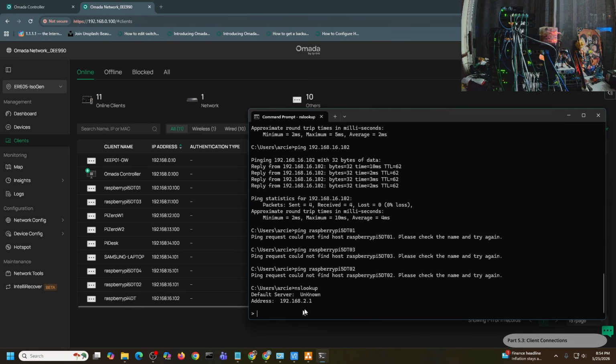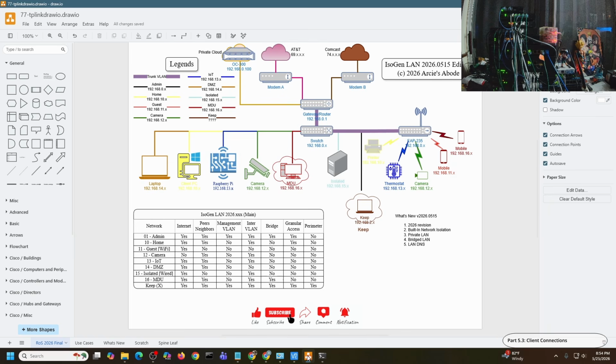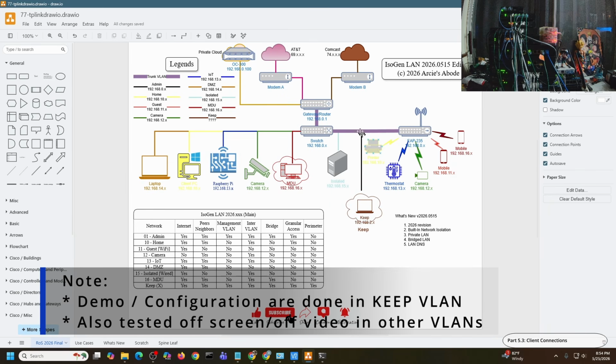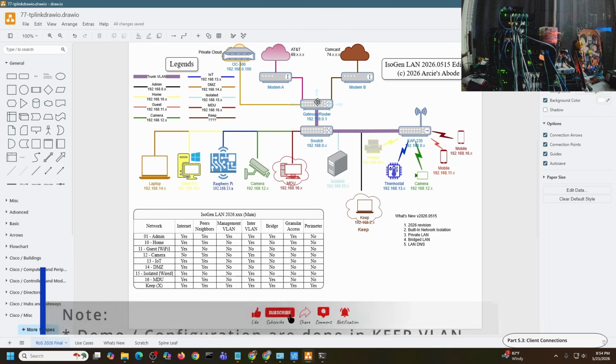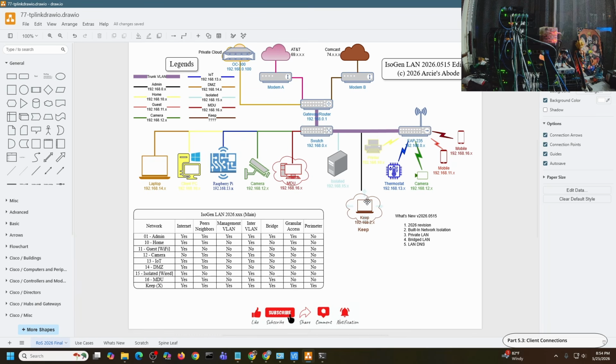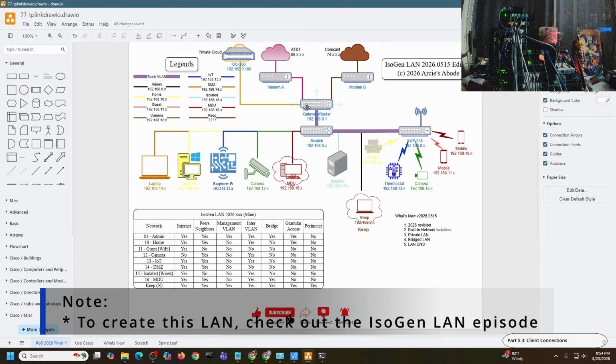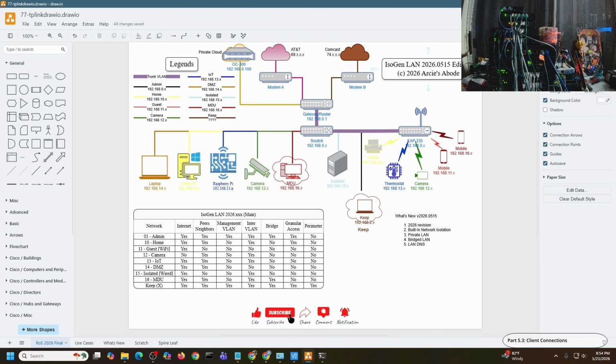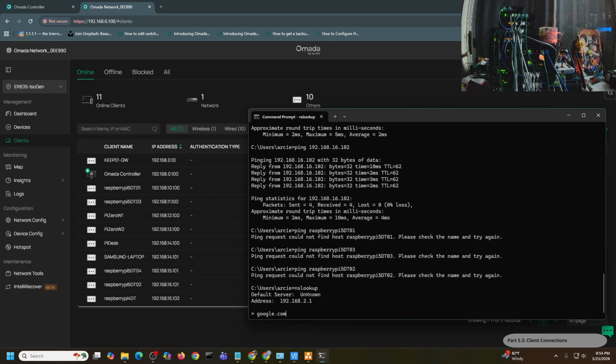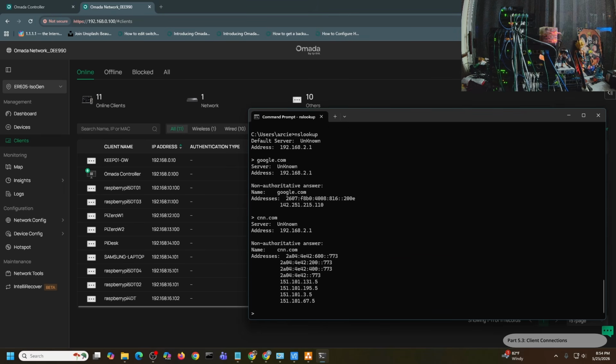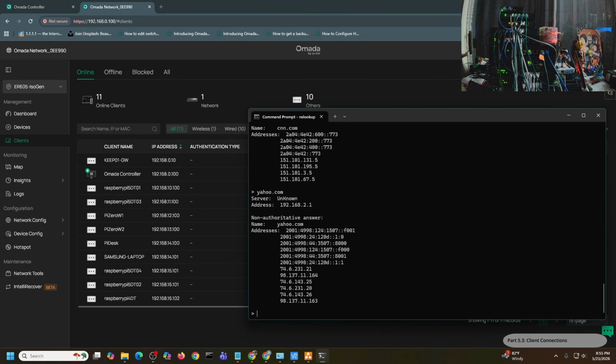As you can see, my keep VLAN, basically my gateway, is currently my DNS server. In this particular case, I have my own gateway in here, and it's connected to the gateway here. This is the ER605 version 2.0, and it's getting the DNS server functionality on this one. So my gateway in here is resolving the name via the ER605 version 2.0. Let's say google.com,